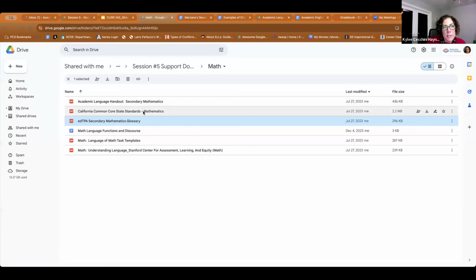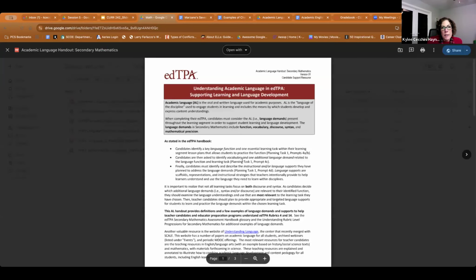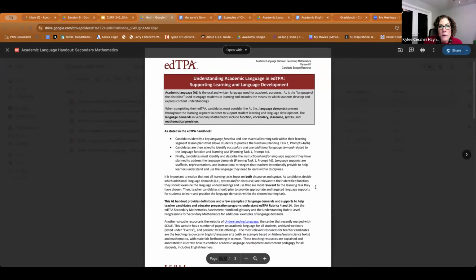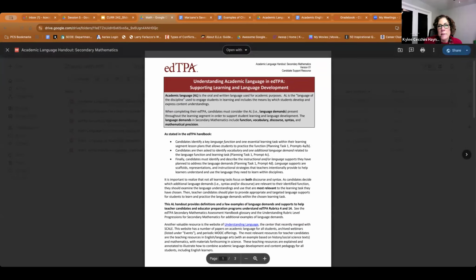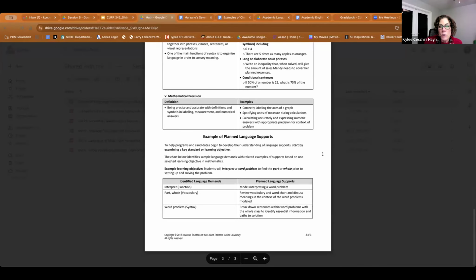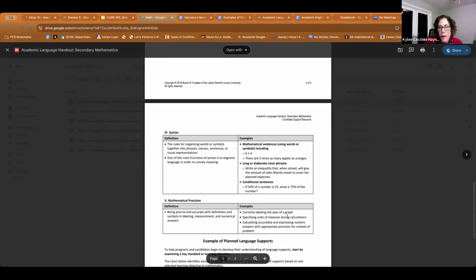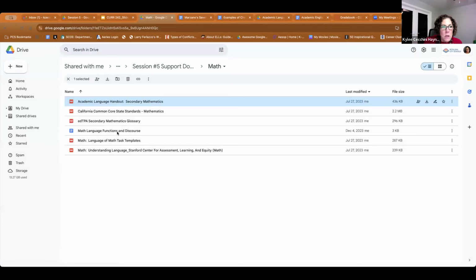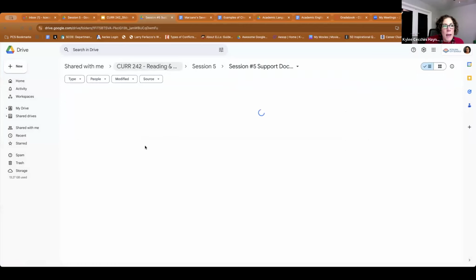Also, I put in the Common Core standards for you. This is straight out of the EdTPA too. So you may have this handbook. I don't know if they've given this to you yet, but you now have access to it because I gave you part of it. This is understanding the academic language in the EdTPA. So you can read through that, and it gives you examples that are math specific. I think that's really helpful for math people to kind of wrap their head around. Anyway, I want you to click into each of these and just check it out and see what it is. Let me go back to